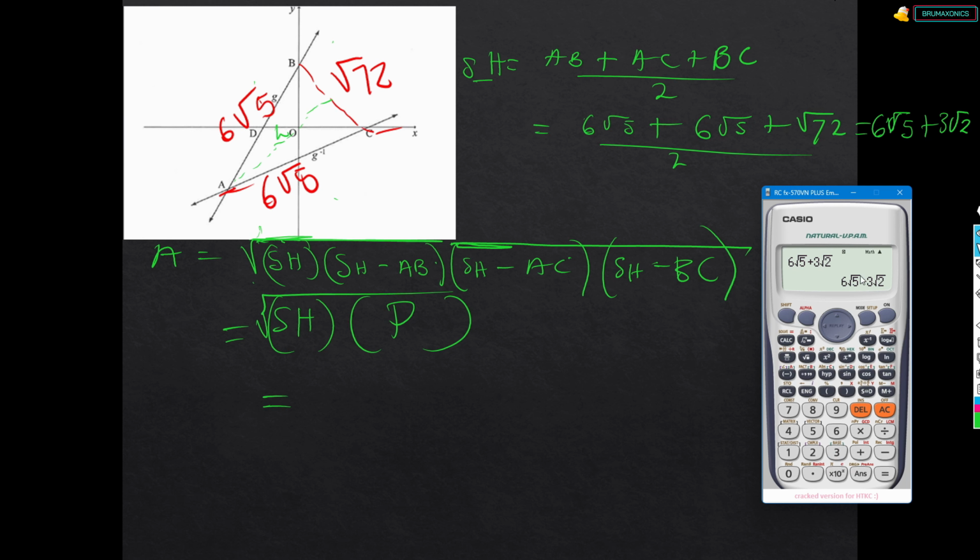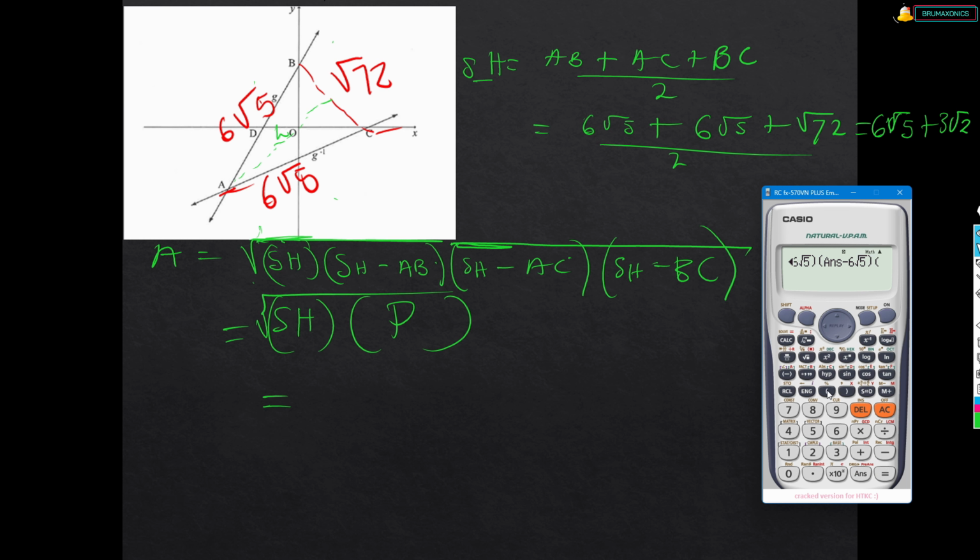So just to make sure that you don't lose this and avoid the tedious process, use this as the answer and say, okay, the first one says SH, so you say answer, because that's the SH, and then multiply by SH minus AB, so you say answer minus 6 square root of 5, and then another one will be answer minus the same, which is 6 square root of 5,